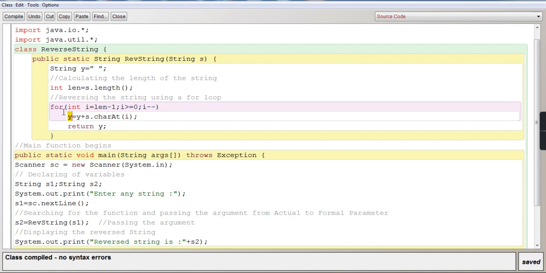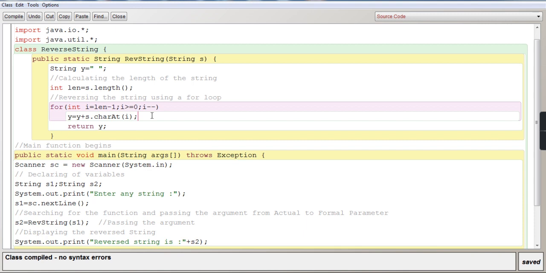Similarly, the loop goes back to i minus minus, and the loop completes its iterations, and everything will be in reverse order.